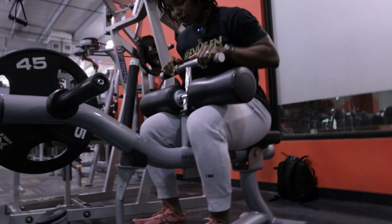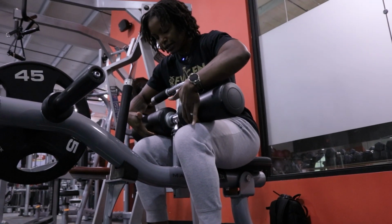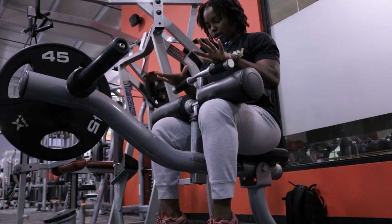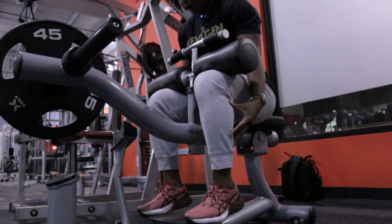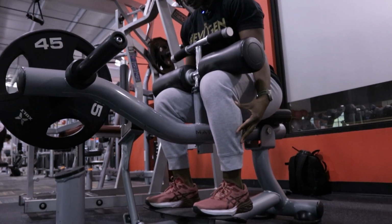When I slide in here, I again like to have my pads right onto my legs. I'm going to brace my core. My abs are still going to be tight. I'm going to lift up first to a full calf extension, and then I'm going to drop down. When I drop down, I get the full range of motion through the back of those ankles, and then I push up through the balls of my feet, squeezing all the way at the top. So pushing down